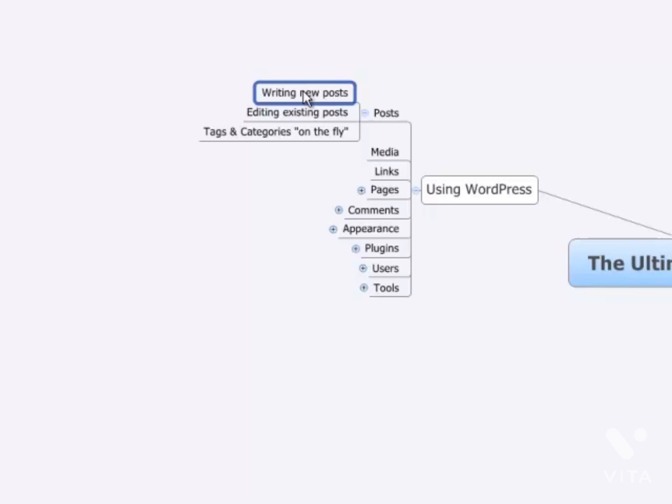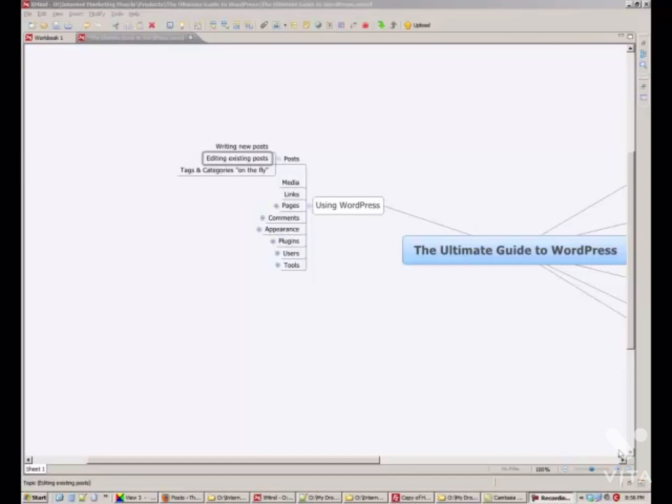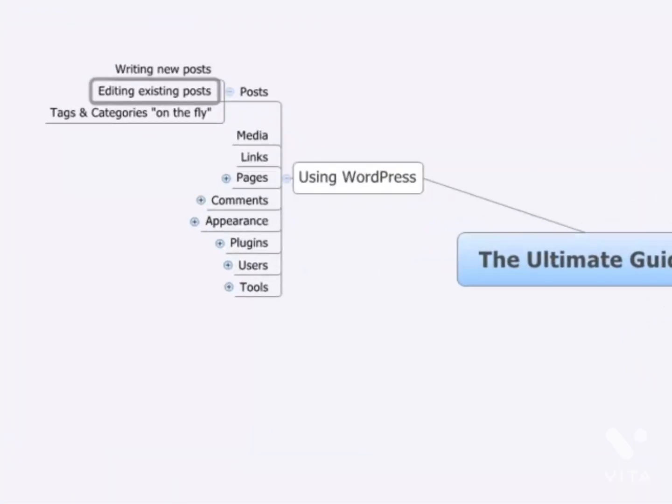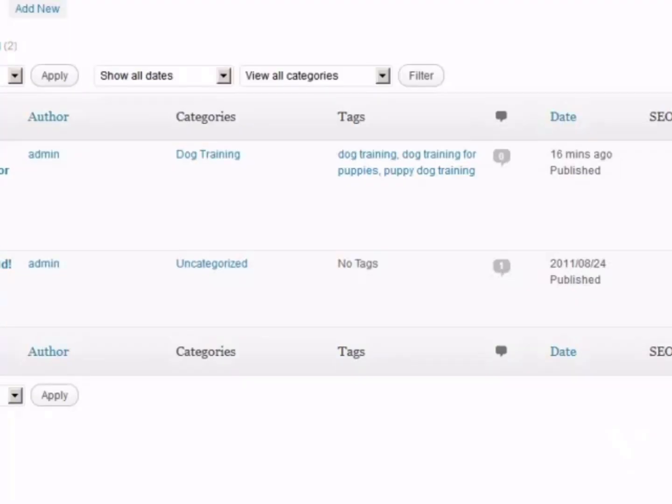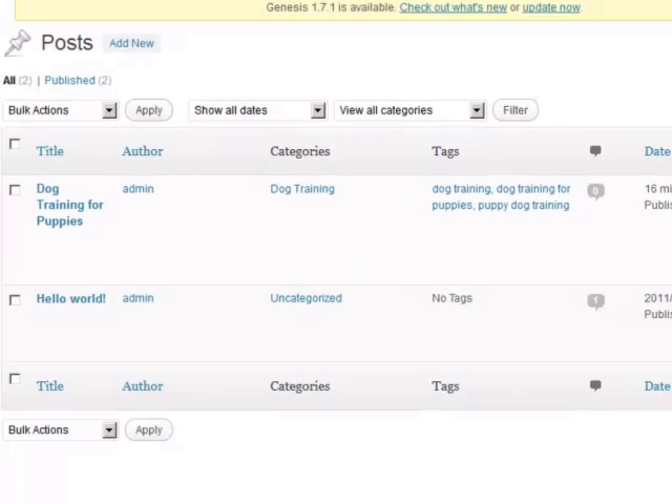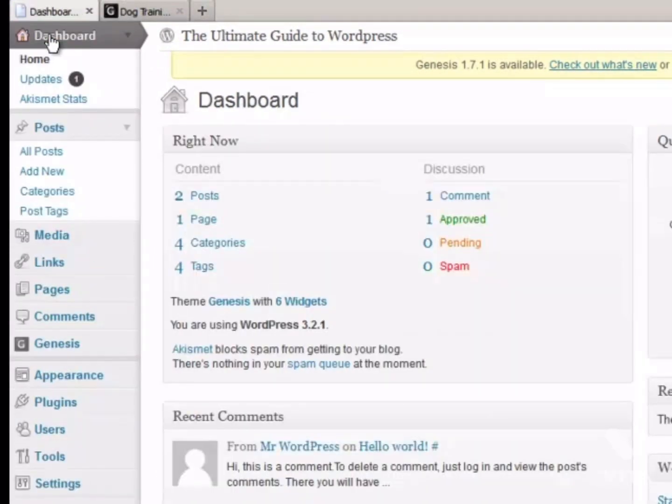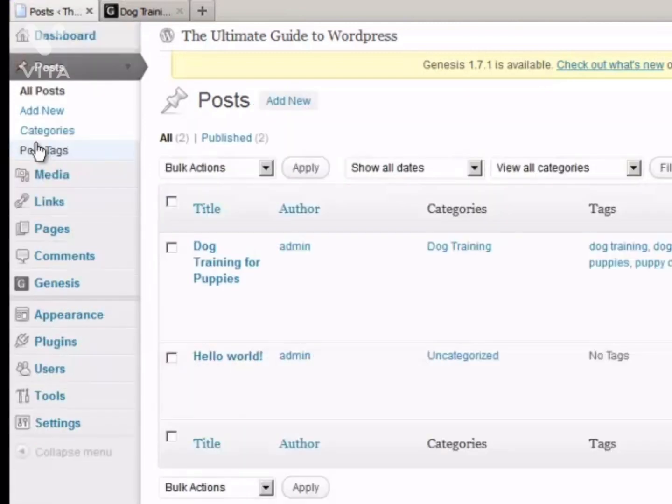Alright, thanks. Okay, the next step we take in using WordPress as far as posts go, we just finished writing a post, so now we're going to go back and edit it. So let me show you how to do that. From your dashboard, you click on All Posts, and then see how once you hover over the title of the post, a submenu comes up. Click on Edit,